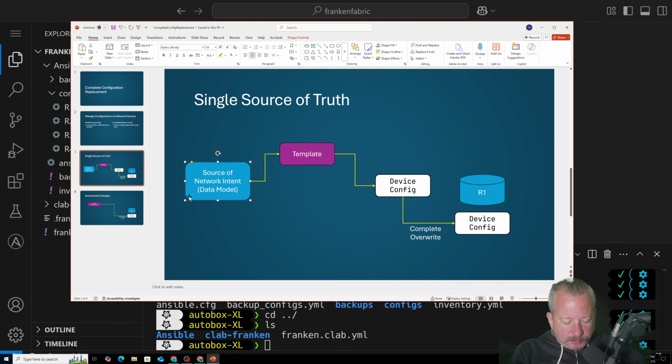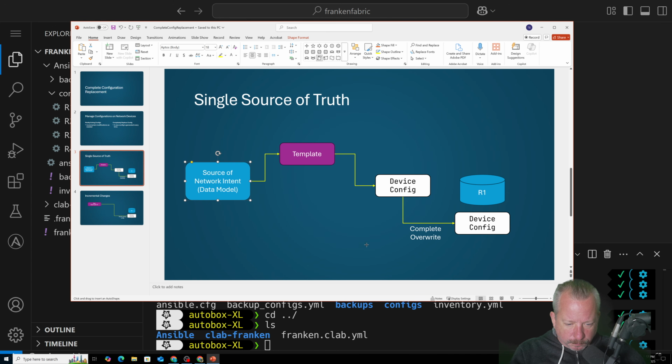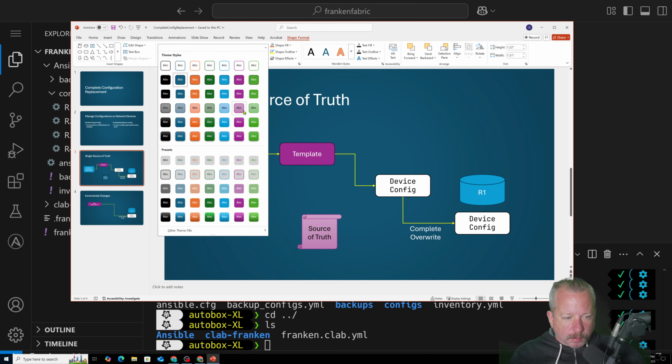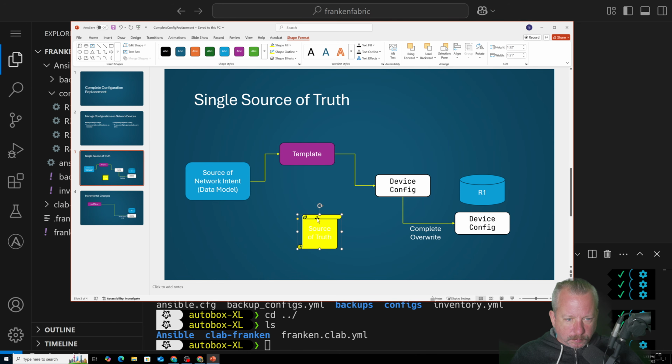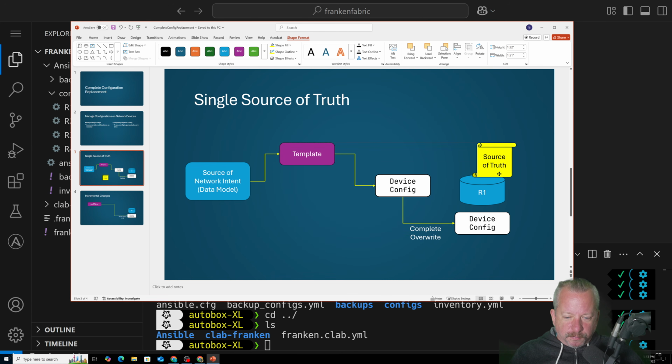So in this case, the source of truth, I'm going to use a little ribbon here. Source of truth. So the source of truth is the only place we go to make a configuration change. And you only want to have one source of truth, at least for a given part of a config. Because if you have competing sources of truth,